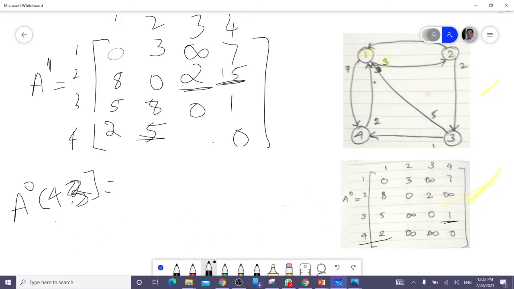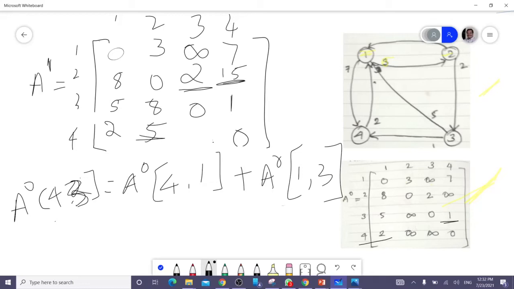You know very well it is A0 of 4 comma 1, because it is passing through the first node, plus A0 of 1 comma 3. It is very simple. 4 and 1 is nothing but 2. And 1, 3 is infinity.